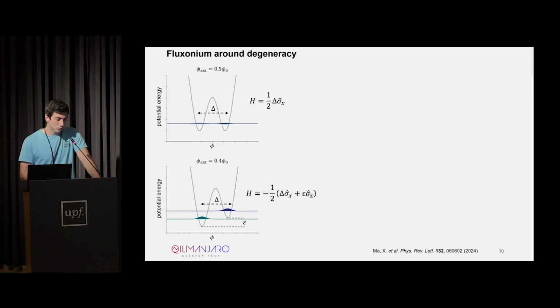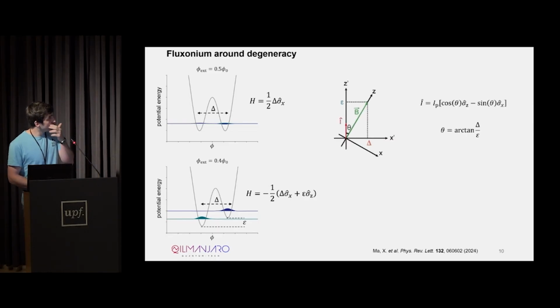This means that now the eigenstates start to be more localized in one well or the other, meaning that these energy eigenstates contain a finite amount of current in them, and so the actual Hamiltonian is not only transverse but also contains a longitudinal term, which is proportional to this epsilon, so to the tilting of this potential. A nice, intuitive way to look at this is to define a current operator with this expression,